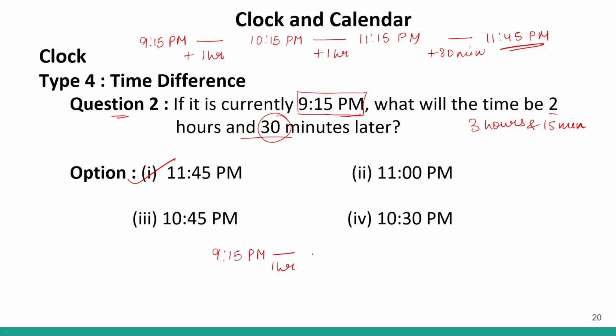Okay, so after 3 hours and 15 minutes, currently it is 9:15 PM. Then we added 1 hour, we get 10:15 PM. Correct? Then we added 1 hour more, we get 11:15 PM. Now we added 1 hour more, 3 hours, correct? So I'll get 12:15 PM. And then if I add 15 minutes, I'll get 12:30 PM. Is this correct? No. Because after PM, after